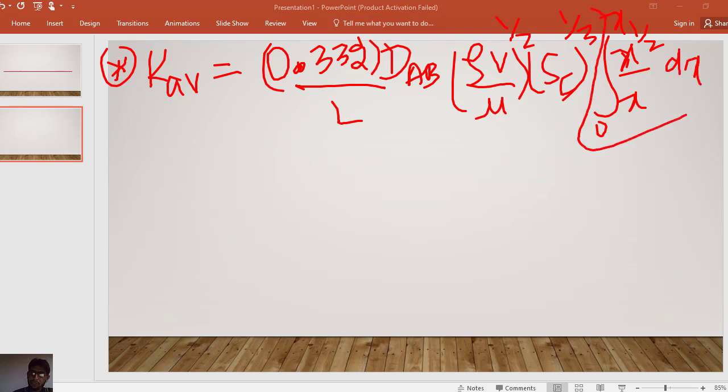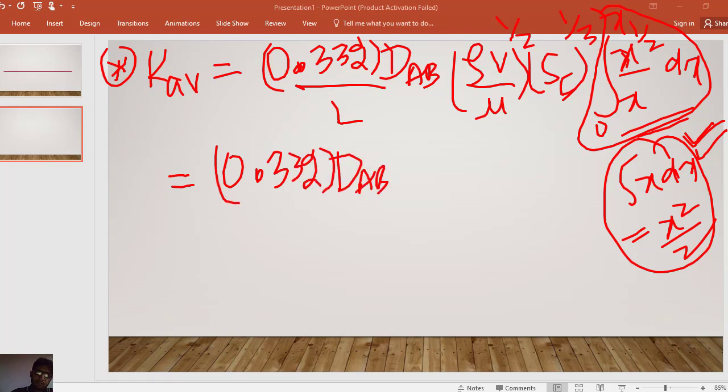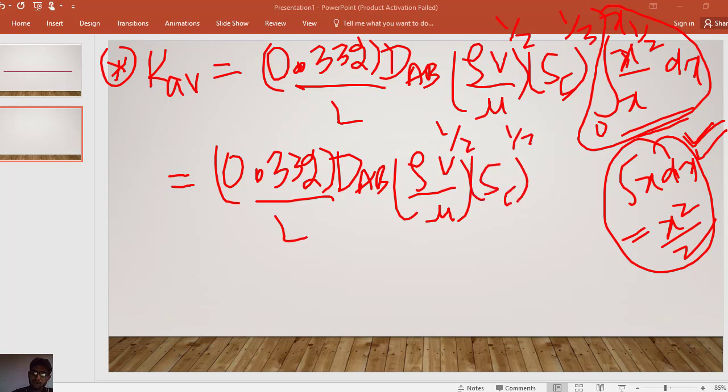Now after simplifying this integral, we can use the relation that the integral of x dx is equal to x square divided by 2. So we will get the relation 0.332 into the diffusivity of A and B divided by L into rho V over mu to the power 1 over 2, Schmidt number to the power 1 over 3, and after we simplify this integral we will get